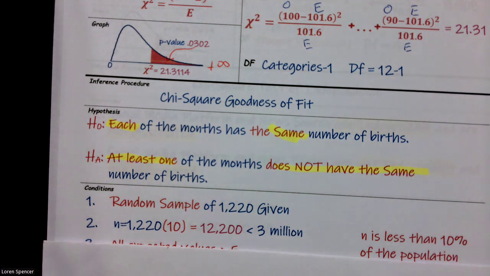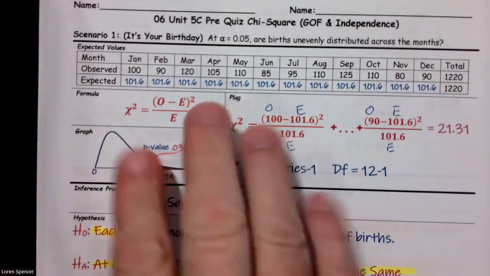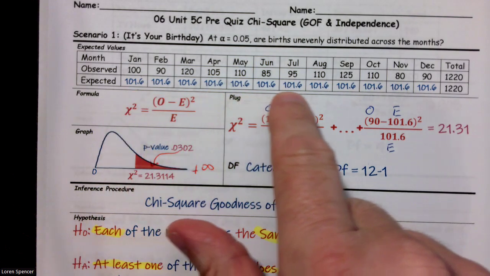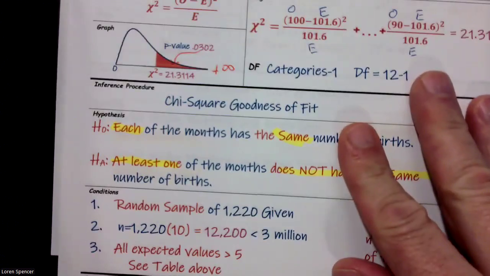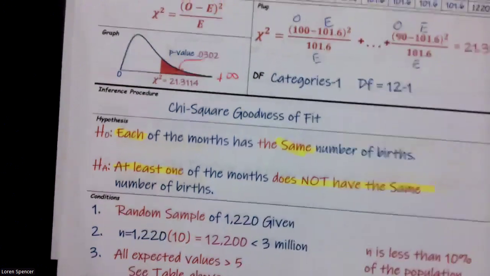The next thing we have to do is make sure that the sample is actually large enough. In this case, we always say all expected values are greater than 5, see table. Was that really true? Yeah, it actually was. Our expected values in this case, all of them were the same. They were all 101.6. So they were definitely big enough. Continuing on,